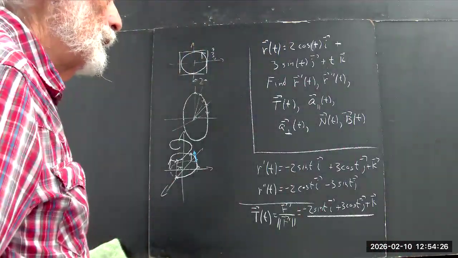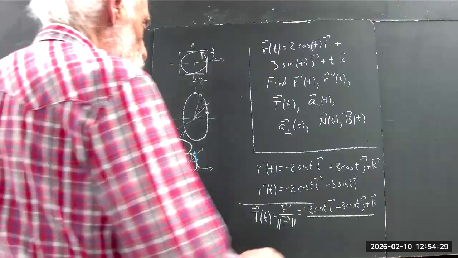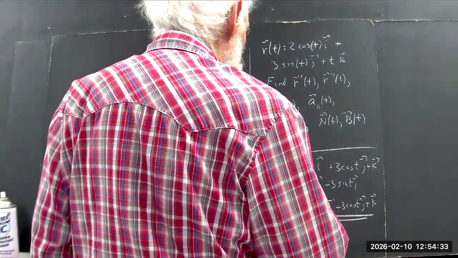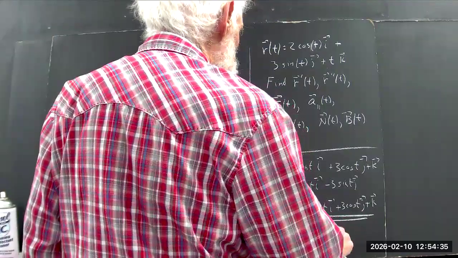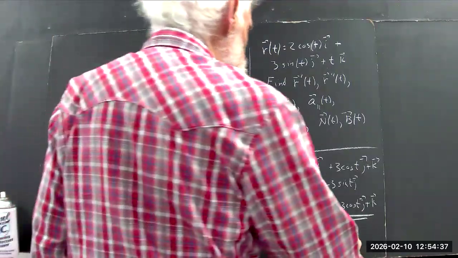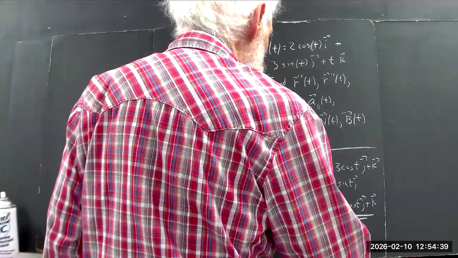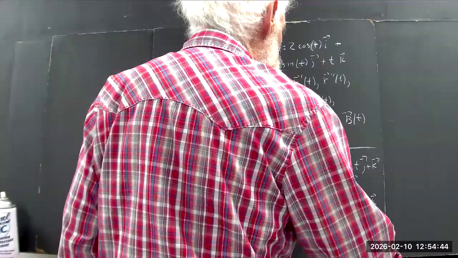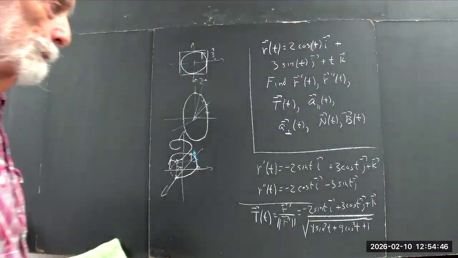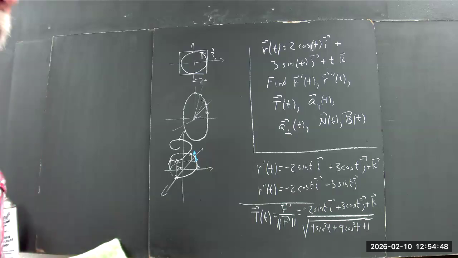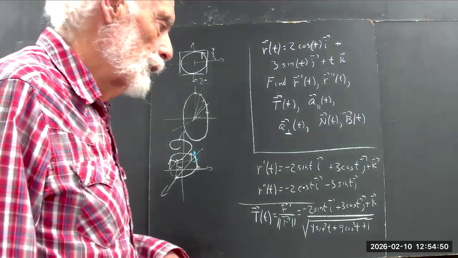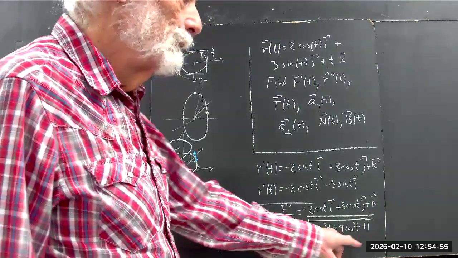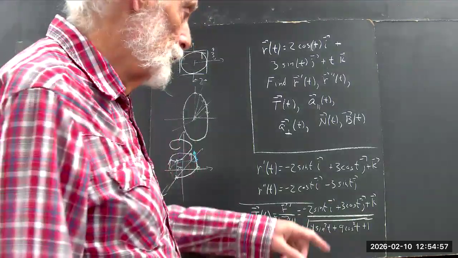And then you divide by the magnitude, which is going to be the square root of 4 sine squared t plus 9 cosine squared t plus 1. And you could say that's going to be then 4 cosine squared t plus 5 under the radical,